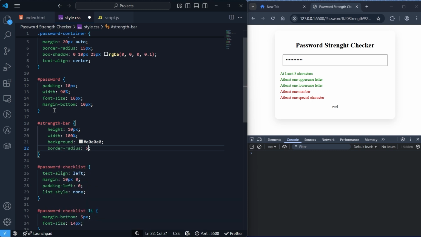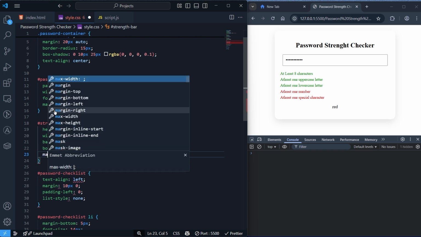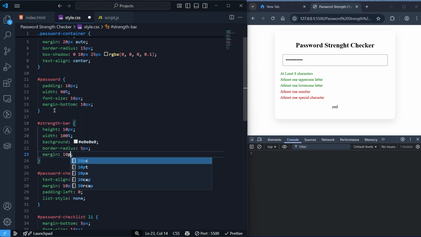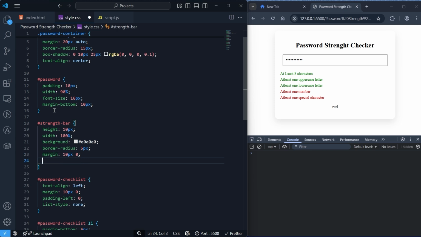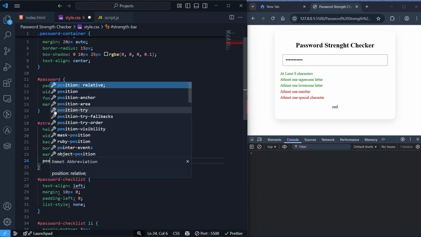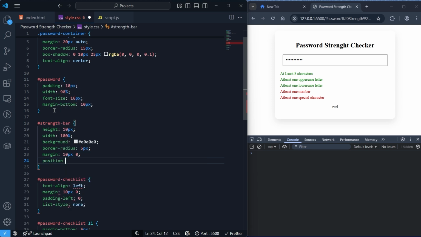Let's add some radius, 5px. Let's also add margin. Hope this margin is correct. I don't know, we'll see, because I'm writing this code live. Okay, I don't know which is correct, which is not. Even I'm checking it now. So